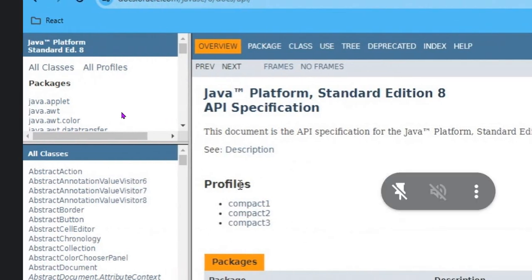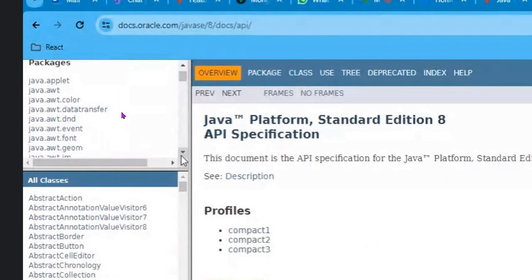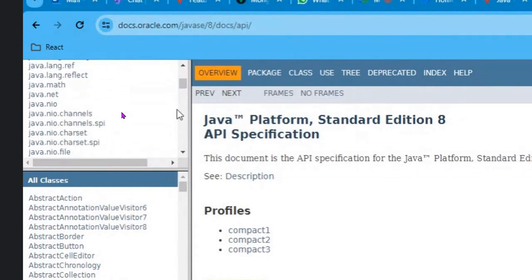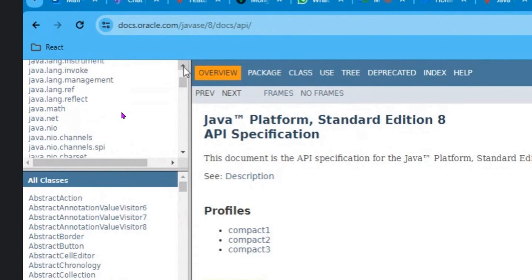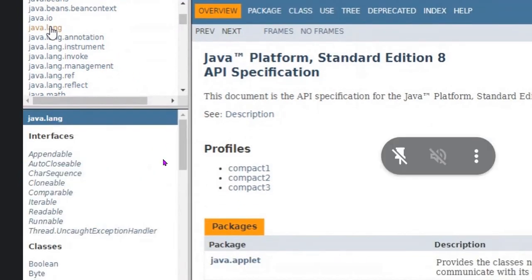Now in the first frame box, scroll. You have java.applet, then scroll down. Come down further. See java.lang. Click on java.lang. Yes. So the interesting classes are here.